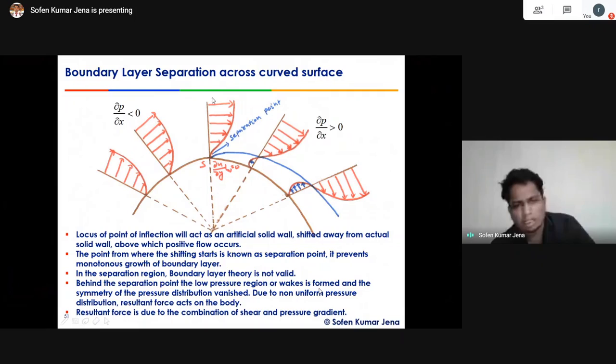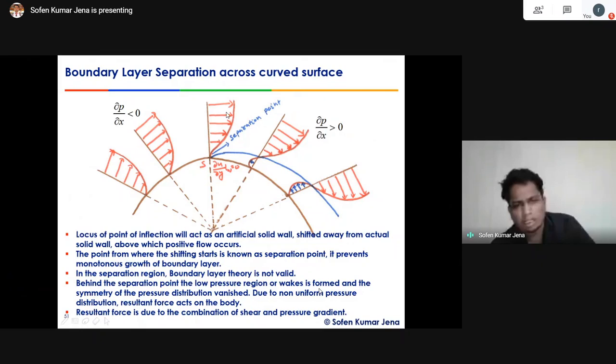Velocity is high over here, pressure is minimum over here; velocity is low over here, pressure is maximum over here. Then what is the pressure gradient? Pressure going from high to low, low to high, minus, divided by the distance, right? This is a negative distance of the pressure gradient. So for the negative pressure gradient, there is a monotonic growth of the boundary layer, right? These things occur till we reach the tip of the curved body, the locus of the point.